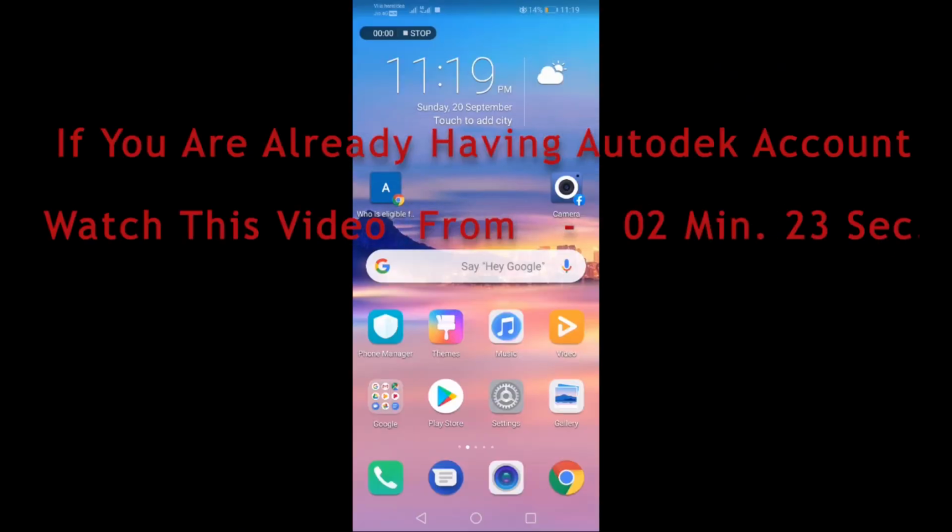Here I am using my smartphone to create an account and to verify my education details. You can use your laptop or PC, there won't be any difference in the steps. And I request you, please follow all the steps carefully and fill in the correct details.